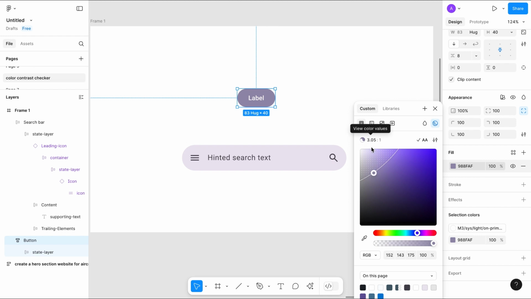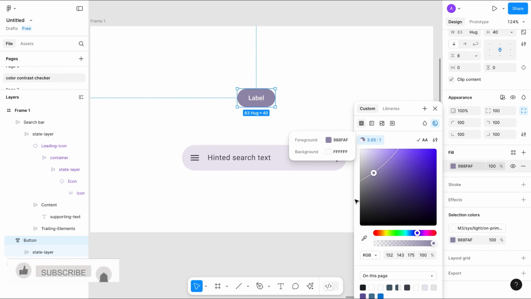And the ratio is between this foreground and background, like this shade of purple and background white. Also, the color contrast checker works with solid backgrounds only, neither with image backgrounds nor with gradient backgrounds. With this feature, you will get immediate feedback on whether the contrast ratio passes or fails, and you can easily adjust the colors to meet